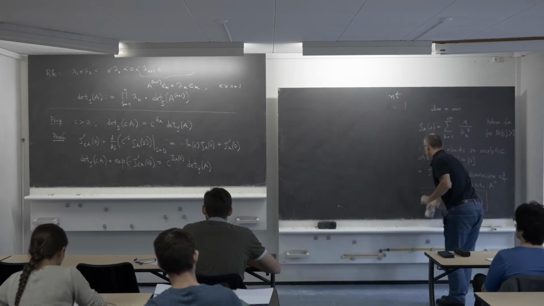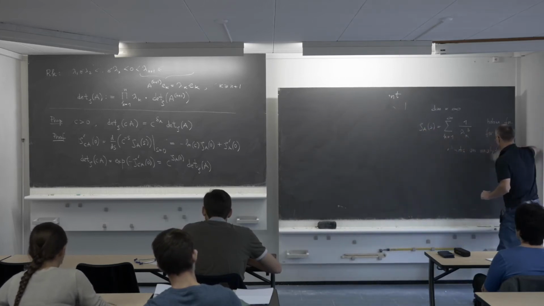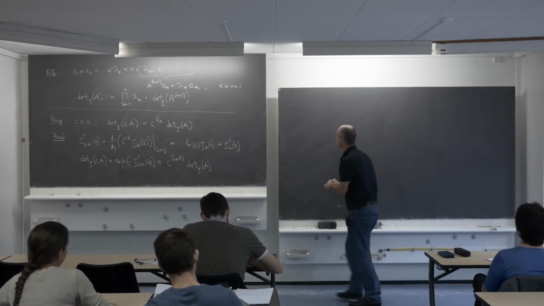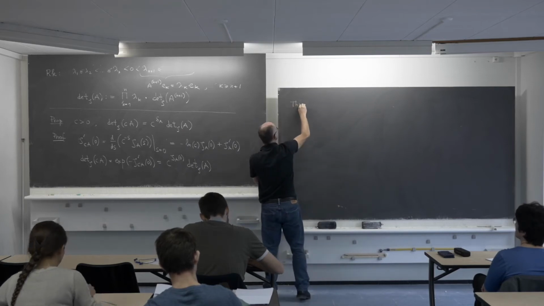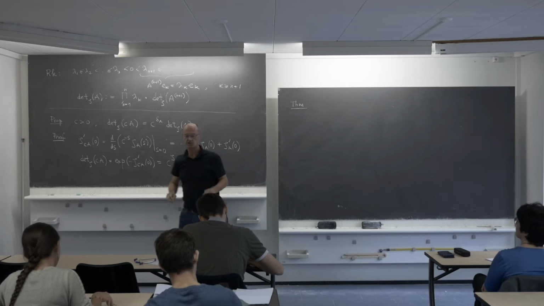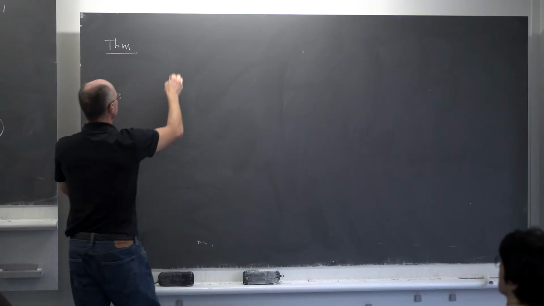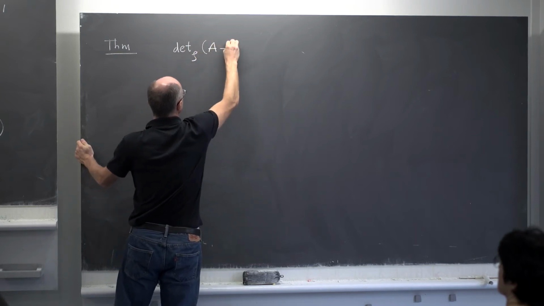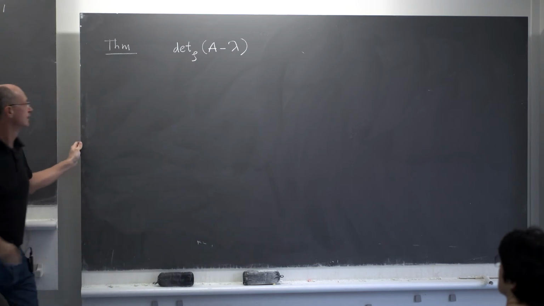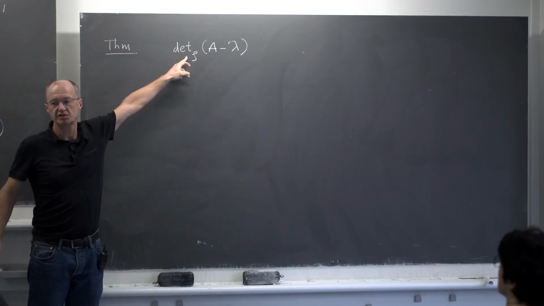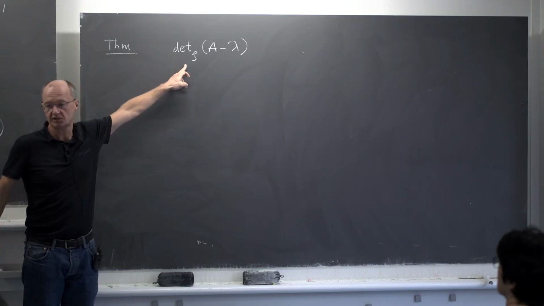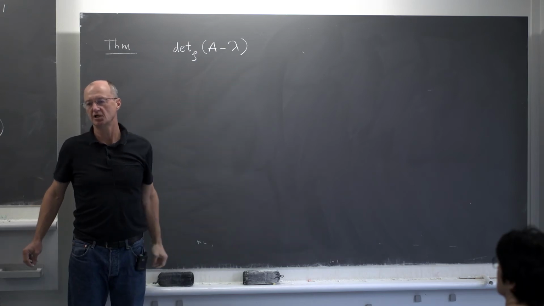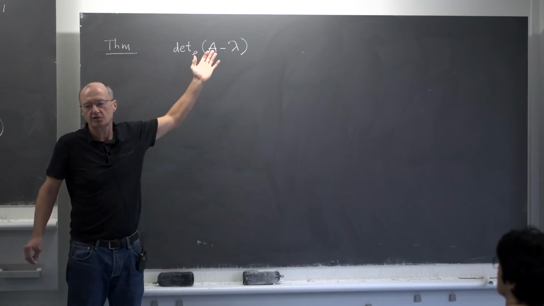Now here is a theorem that's important for us, but we're not going to prove it. This is a relation between the Zeta-regularized determinant and the Fredholm determinant. So we're going to look at the characteristic determinant, the zeta-regularized determinant of A minus lambda. Of course, we now assume that lambda is not an eigenvalue,